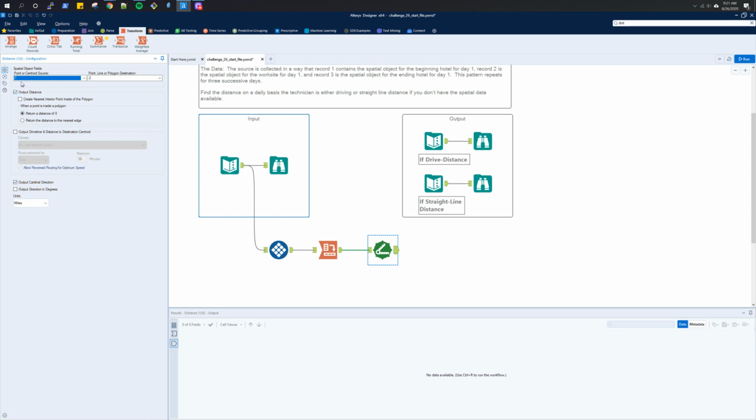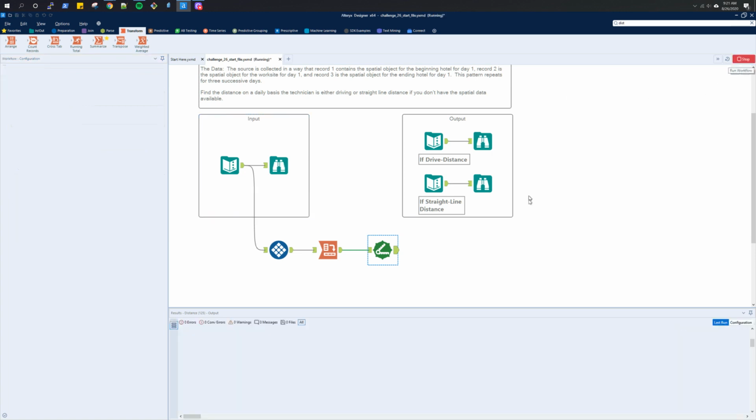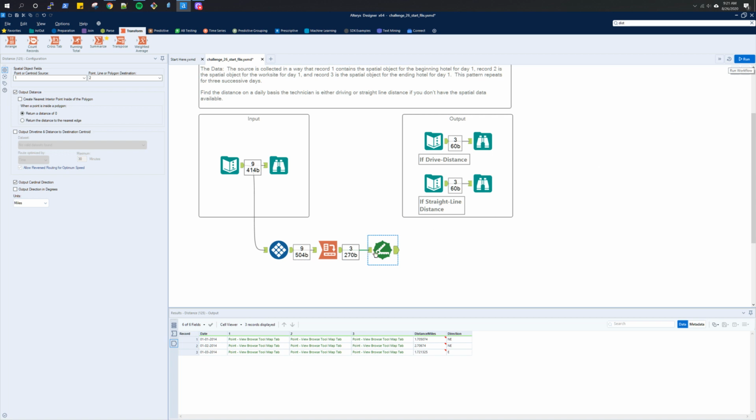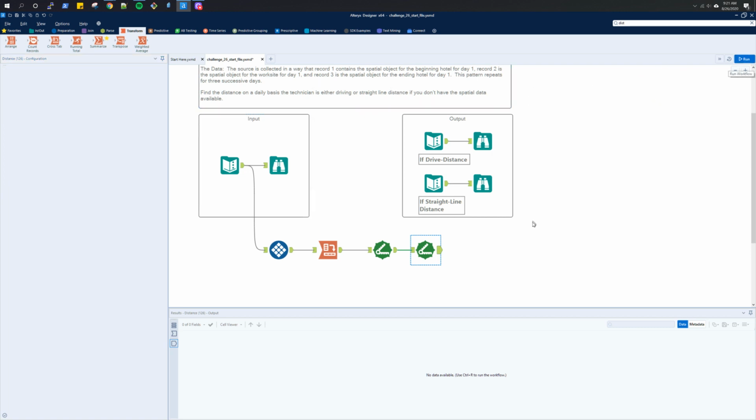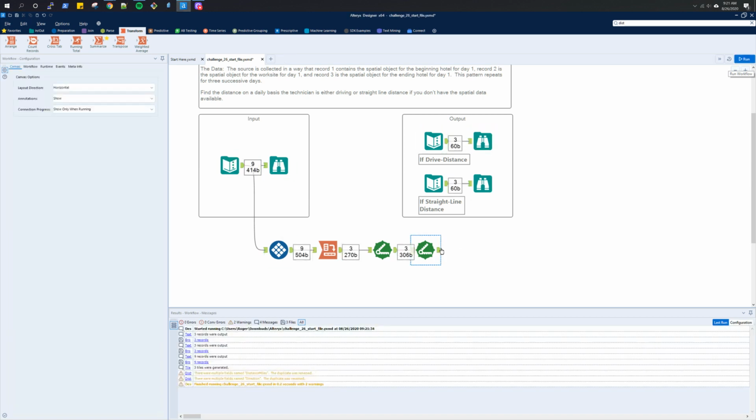All I need to do is from point 1 to point 2, output the distance in miles, run, and then between 2 and 3, output the distance in miles,